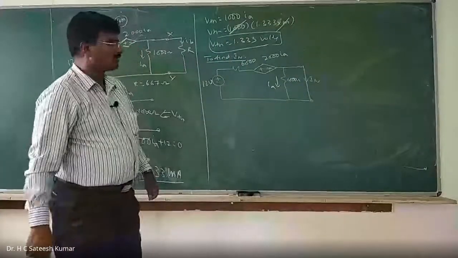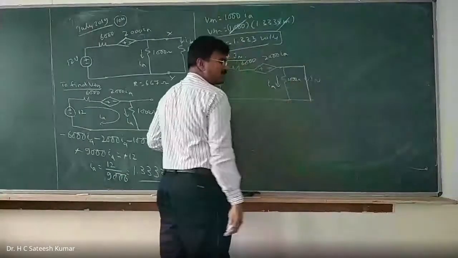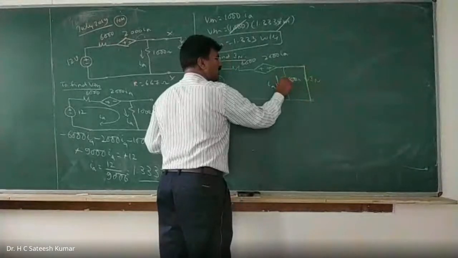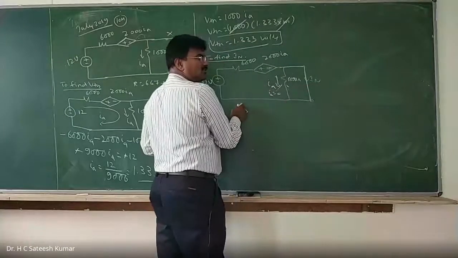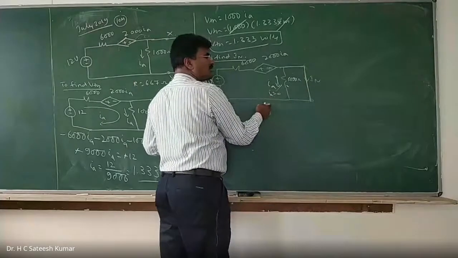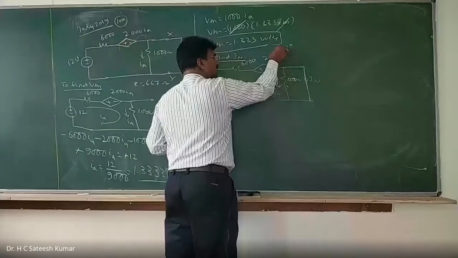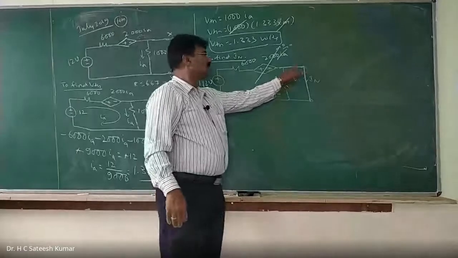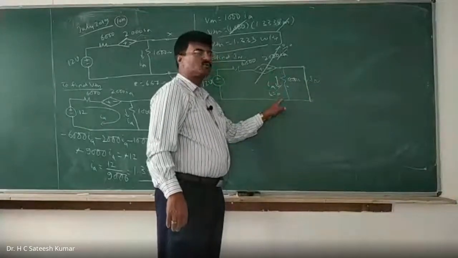Now you see this one. Since this is short circuited, in between we don't have any resistance, all the current will flow here only, there is no current at all. Therefore, IA is equal to 0, because current will always flow through the least resistance path. So there is no current through this one, therefore IA becomes 0. IA becomes 0 means this will become 0, which means the voltage source becomes 0.